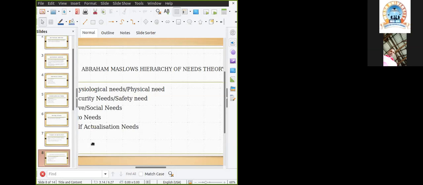you can use your understanding of these needs to understand the needs of your employees in your organization. The idea is, how can you use Abraham Maslow's hierarchy of needs theory to motivate your employees at work? Before we can answer that, first of all, let's understand these five categories of needs, one by one.